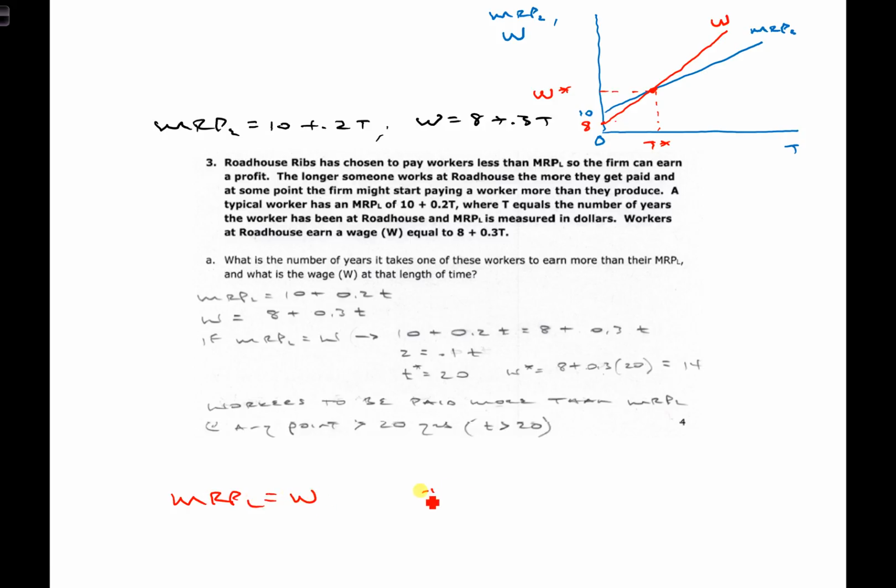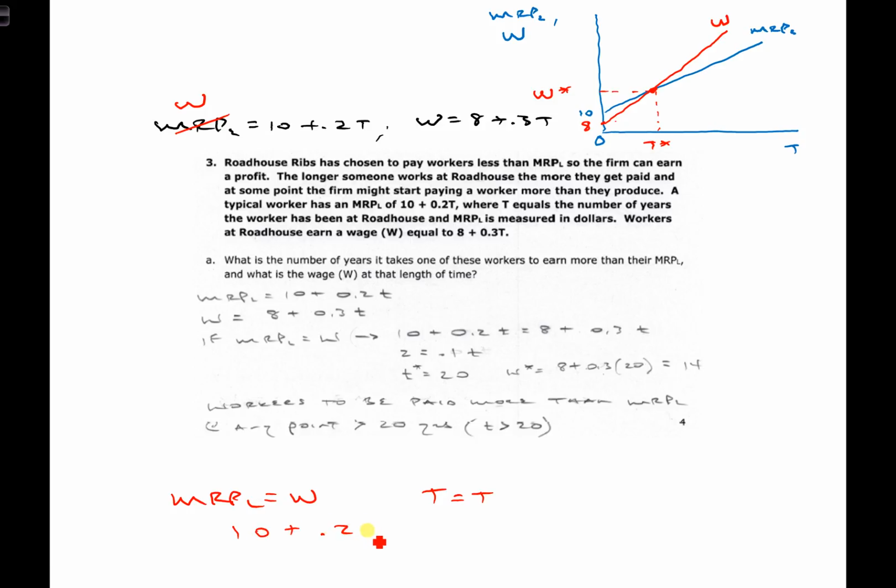Now, we know that time is equal to time. That's easy. But if we know the marginal revenue product of labor is equal to the wage, which it is in a competitive labor market, so we have some precedent for this, now we can just consider that these two equations can be set equal to each other. We can substitute W for MRP of L. W equals W, so we can say that 10